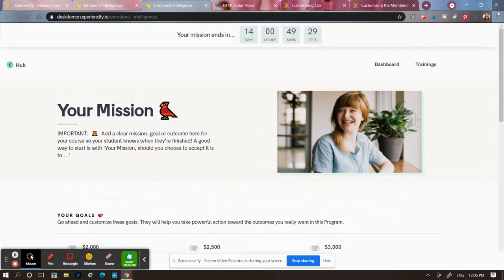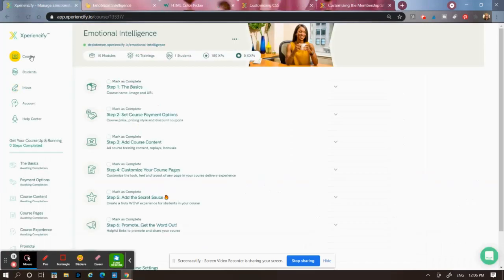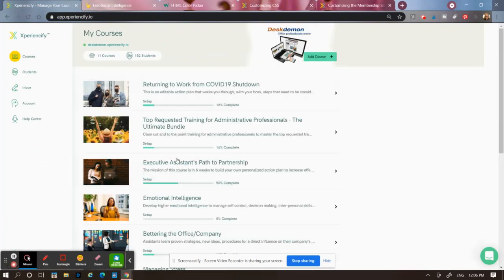This is how I figure things out and how I do it, even though I don't know CSS. But I do have a logical mind, and so I figured out some things. So basically, let me show you a page that has CSS. I've got the pages up already. Go to courses, and we're going to go to my